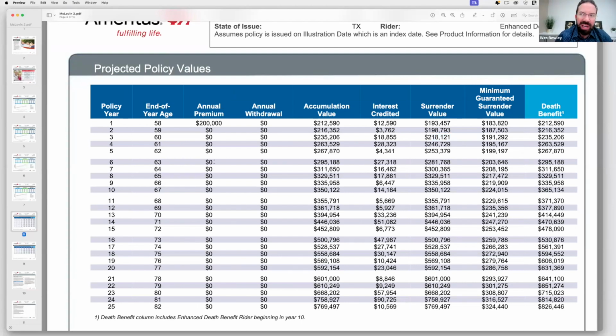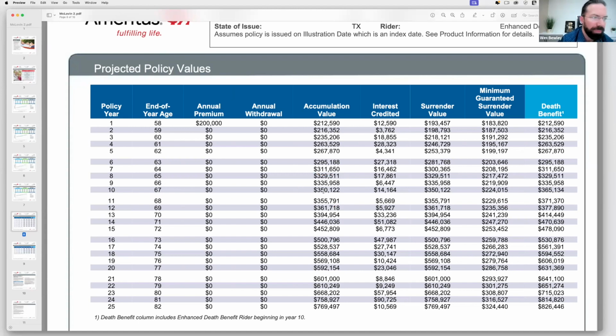So what I want you to do now is write down 10%, okay? And here's the cool thing about these fixed index annuities. For your first 7 years, you can borrow up to 10% without any fees. So right here, if I wanted to take out 21,000, I could do that without any fees on the account. Now you still have to pay ordinary income tax on that. We can't change that, but you can take out up to 10% with no fees. Now that's not to say that you can't take out 15% or more than that, because you can. And we're going to do some math here in a second because I want to put those fees into perspective for you.